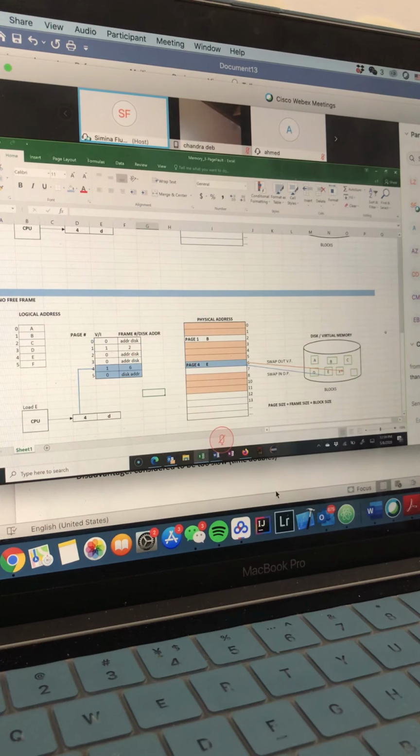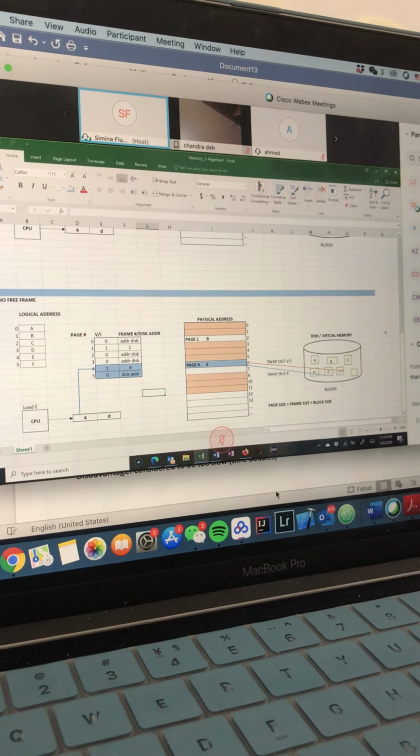But still, we use this allocation scheme. You have to read about the advantages of having virtual memory. The fact that one, you might be able to run very large processes that initially wouldn't fit in the main memory.